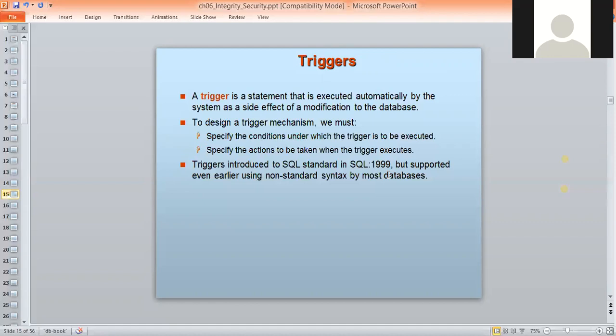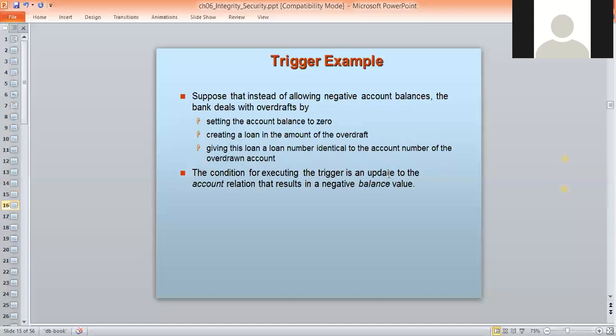So there are two main parts for trigger execution: on which condition the trigger will execute, and once it executes, what actions are to be taken. These are very important mechanisms for any trigger execution. Triggers were introduced in the SQL standard from SQL 1999, but were supported even earlier using non-standard syntax by most databases.